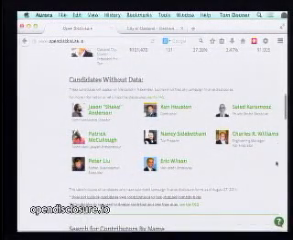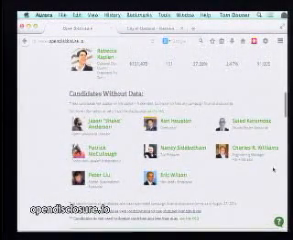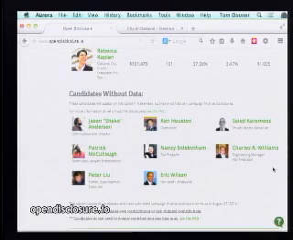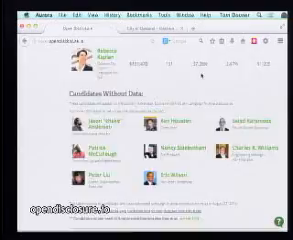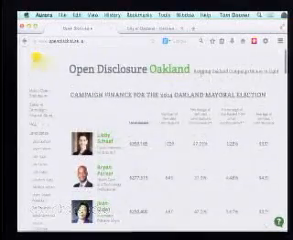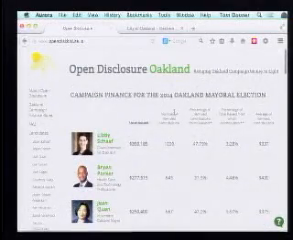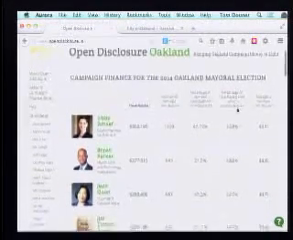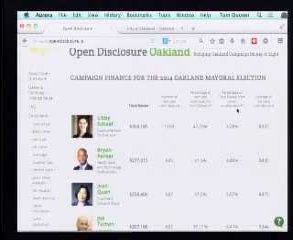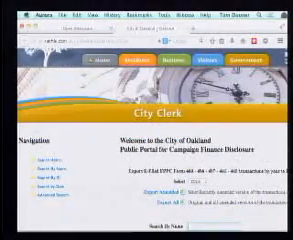I'm just going to quickly show you why we chose to have a table that quickly summarized the data that would be found on the summary sheets of Form 460s. So if you were just a normal public person that wanted to find this data, you would go to the city clerk's website